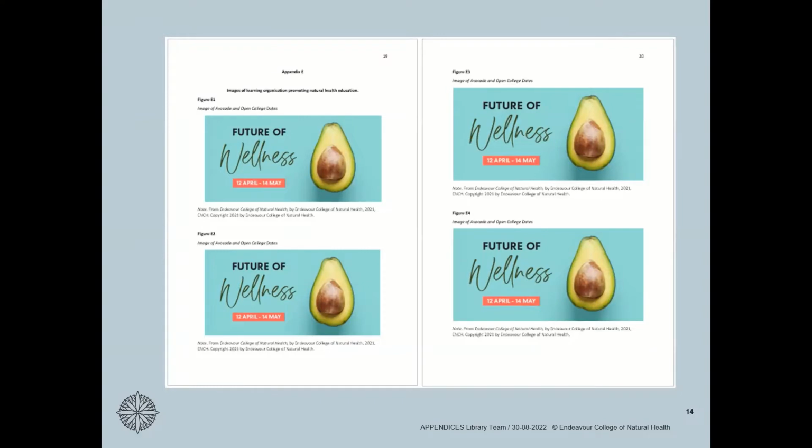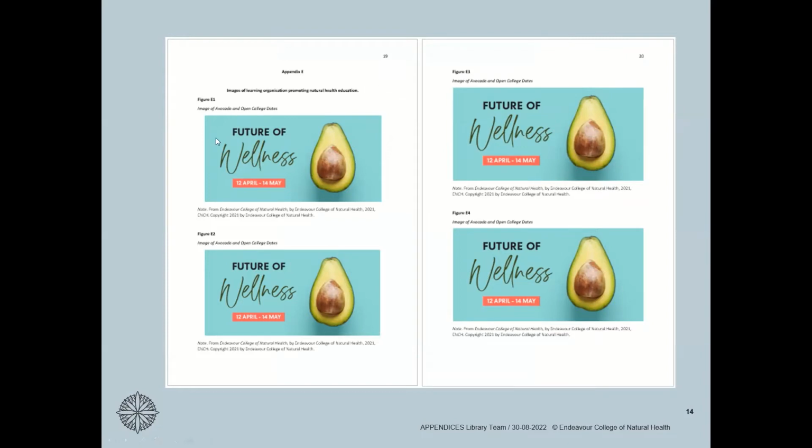This is an example of multiple figures in an appendix. It was the fifth appendix cited in the body of your assignment, which is why it is labeled Appendix E. You would refer the reader to this appendix by using the figure numbers rather than the appendix label, either in narrative, for example, as seen in figure E2, or parenthetically in brackets, see figure E4. Each figure must be referred to in the body of your assignment.